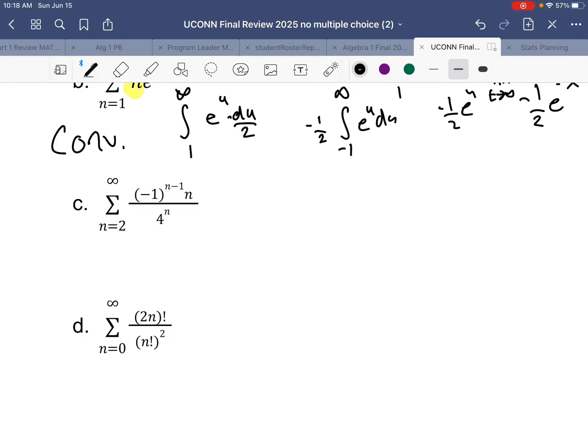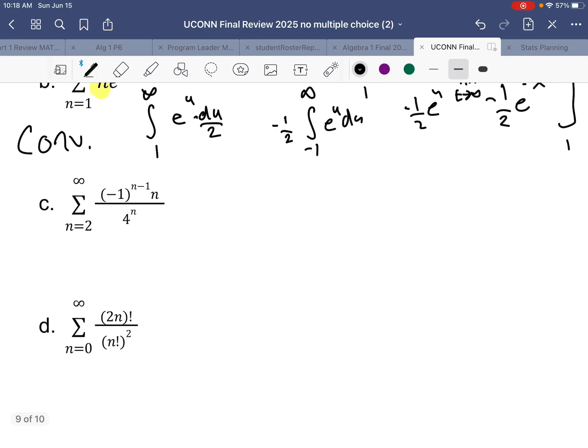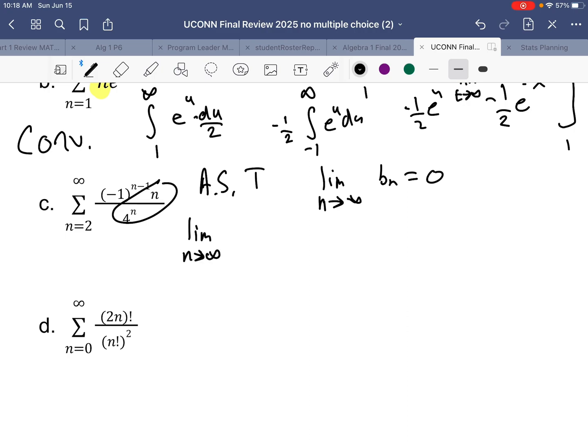Alright, so I had to create a second video here for the last couple of problems. For part C, this is going to be an alternating series test. Now the first part is to show, if it converges or diverges, that the limit as n approaches infinity of b sub n should be equal to 0, where b sub n is n divided by 4 to the n. If I do the limit as n approaches infinity of n divided by 4 to the n,